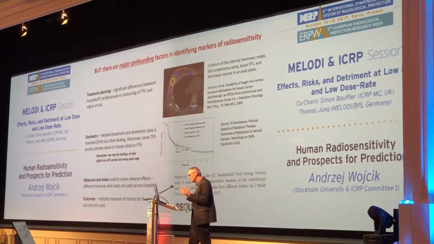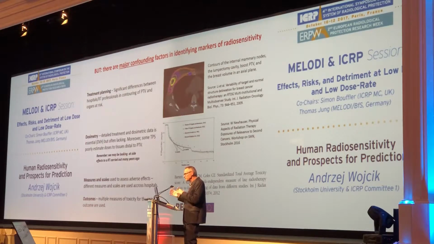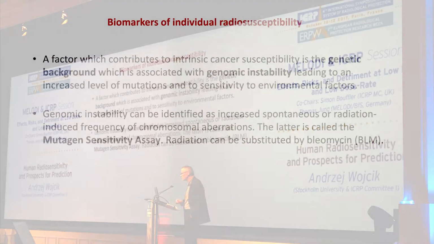You read a publication and you think, yeah, it's easy. You identify patients that develop side effects, and you identify patients that don't develop side effects. But what is a side effect? The patient that I showed you, this was extreme. You don't have many patients like this. Usually you will have inconsistency at different grades, and how do you grade this?